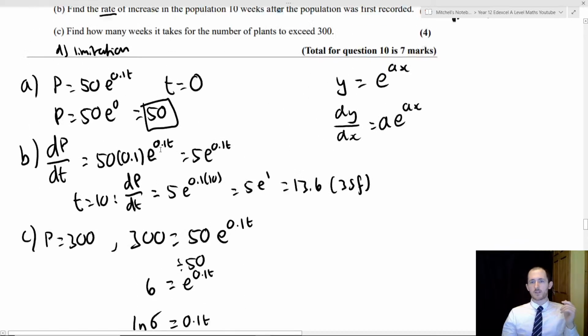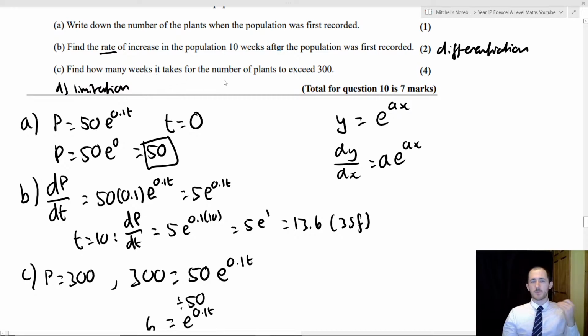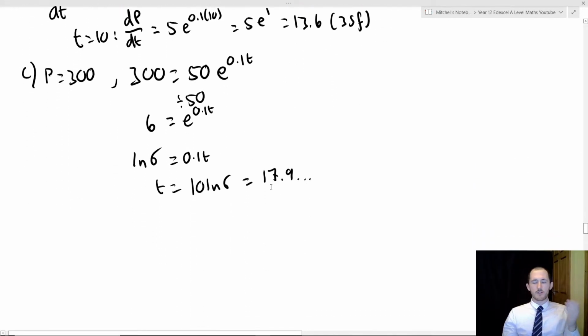Right, now if we look at the question, it says find out how many weeks it takes for it to exceed. So it can't take 17.9 weeks, right? It's how many whole number weeks. So it takes, always round up,